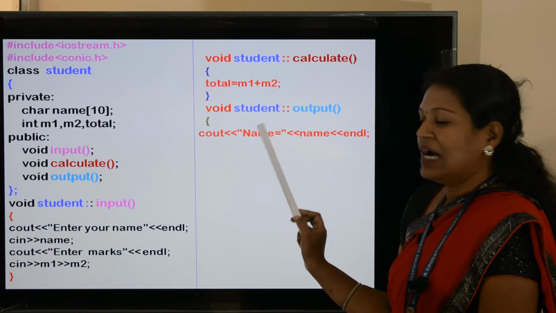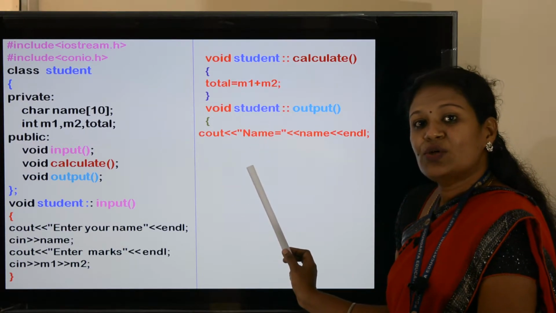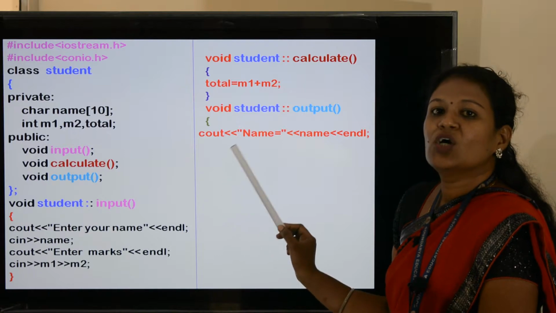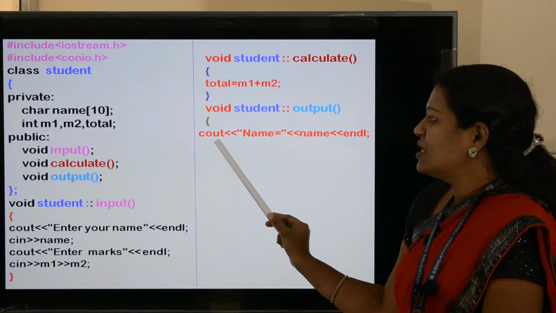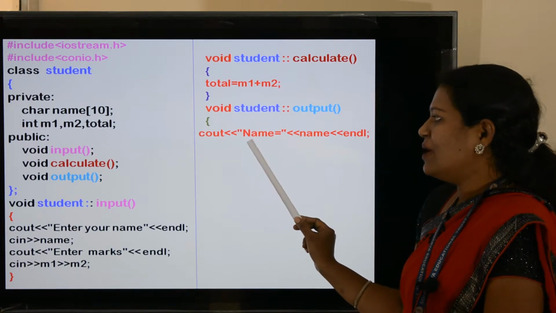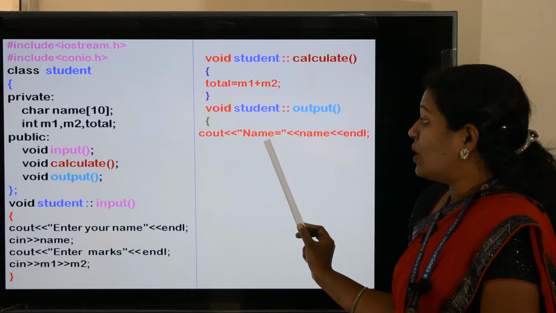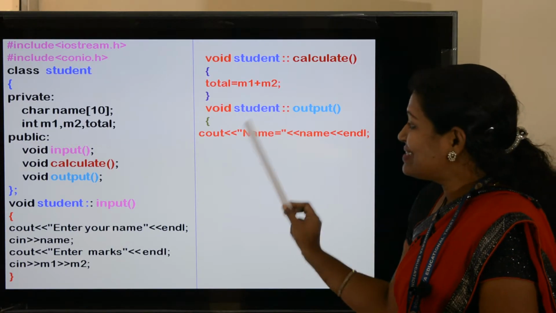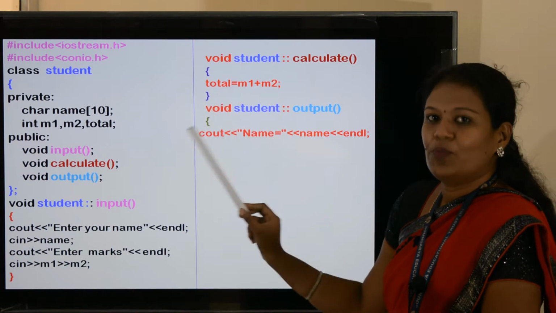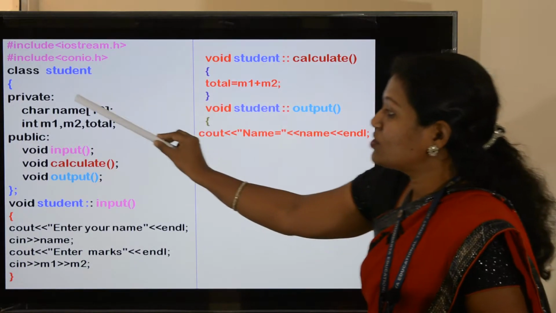Inside the output, I'll be outputting the name of the student along with the total marks of the student. For that, the first step is cout, "Name is equal to". I gave this within double quotes, so as it is, it will come on the output screen, followed by the variable. What is the variable for storing the name?